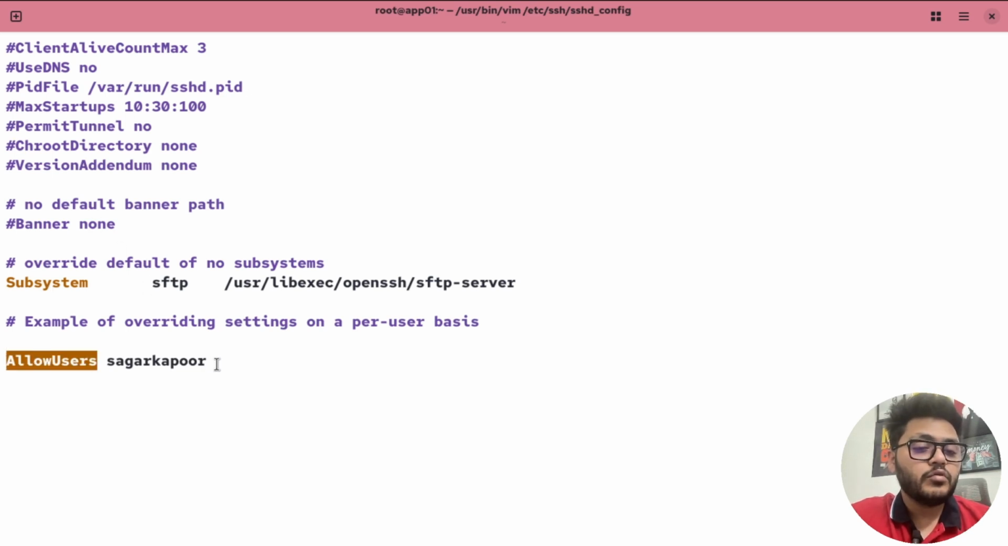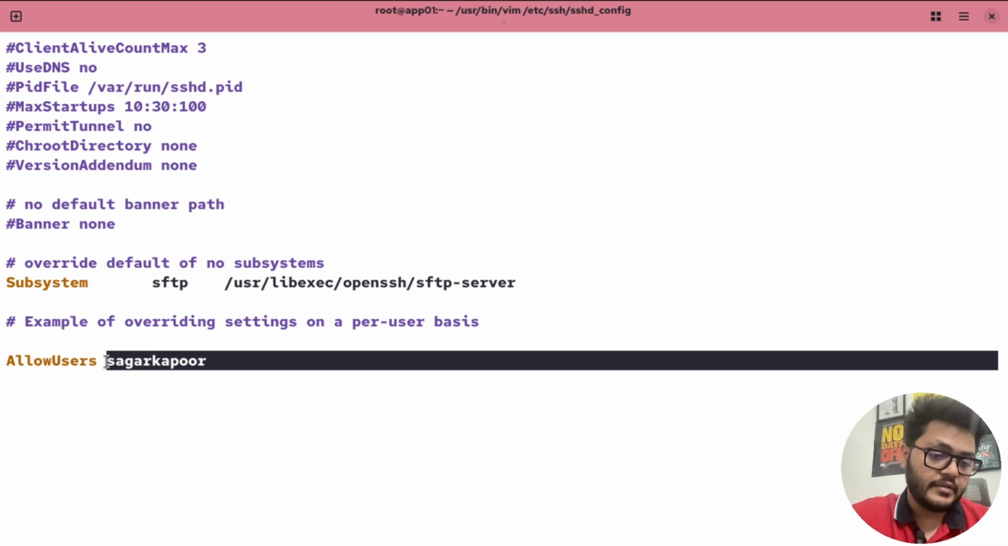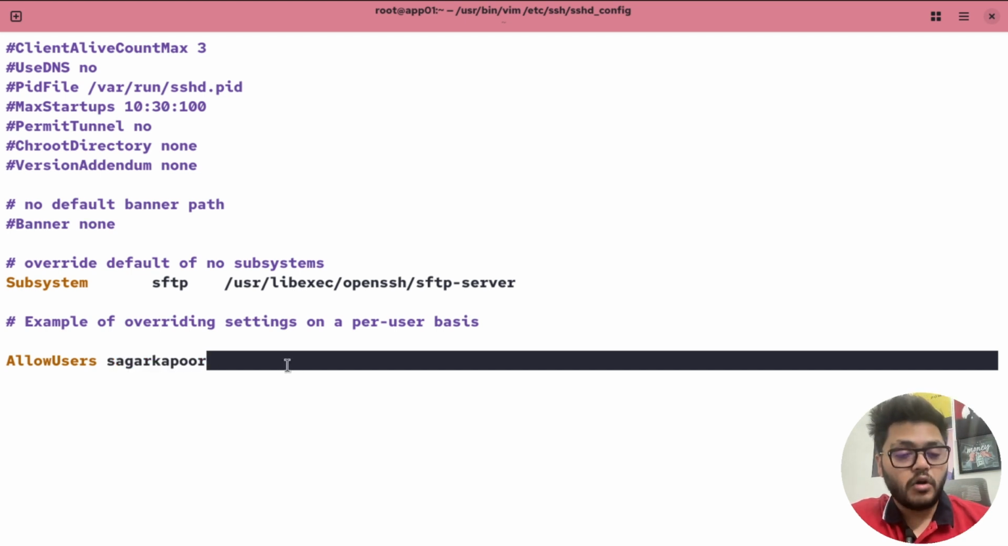Whatever user you are allowing over here, suppose you are allowing multiple users, only those users will be able to log into the system, and all the other users which are present in your system will not be able to log in. They will be automatically restricted from the system. So Red Hat can